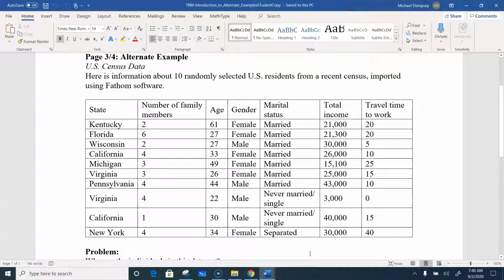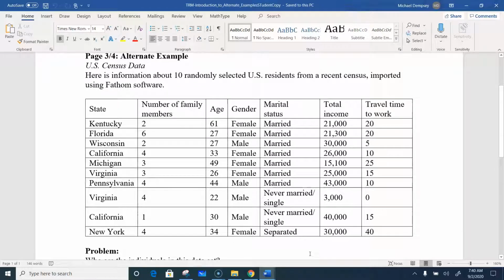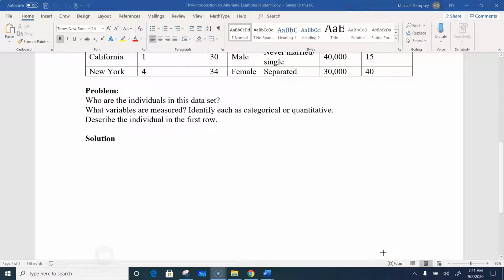So, first question, who are the individuals in this data set? So what we have as our individuals here are the 10 randomly selected U.S. residents. So we can just write that here. The individuals are the 10 randomly selected